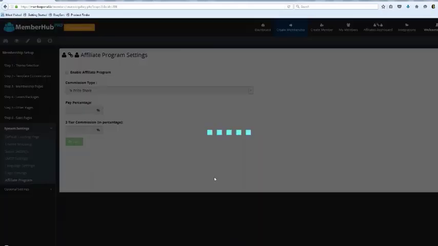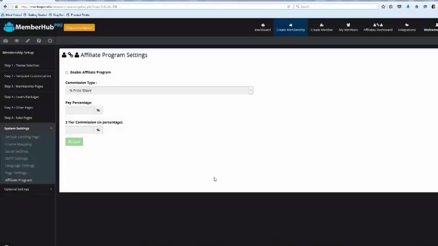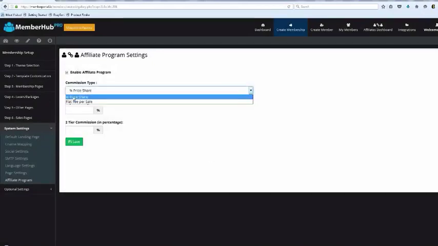With the Pro feature, so you have brought in members, they're buying into your other products and everything else. Now your members can become affiliates for you. So with the Pro feature, you can enable an affiliate program. You come over here, you set your price share, your flat fee per sale, you set up your percentage. You can even do second tier commission. I'll show you the affiliate dashboard here in just a minute.